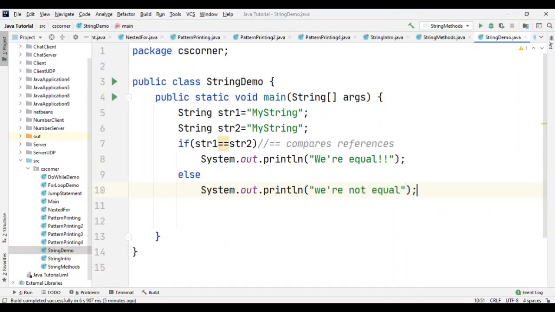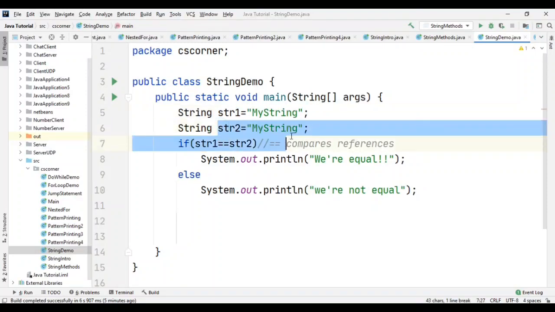Here str1 is storing the string literal and str2 is storing the same string literal. As we have already seen in my previous video, if two strings have the same value, they point to the same reference in the string pool.